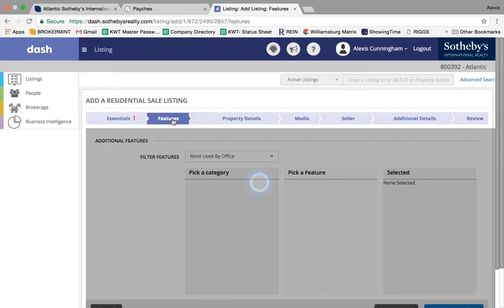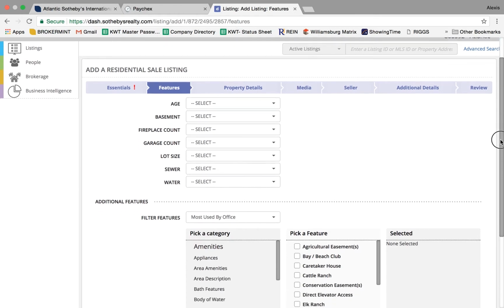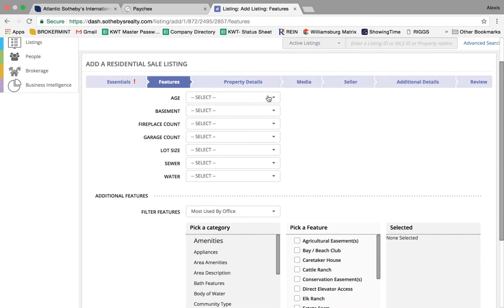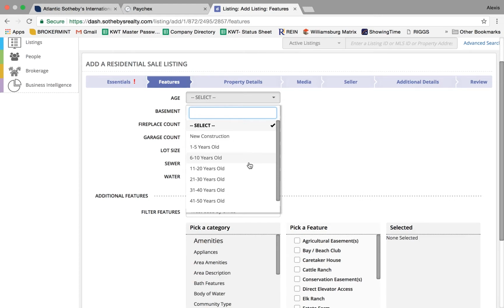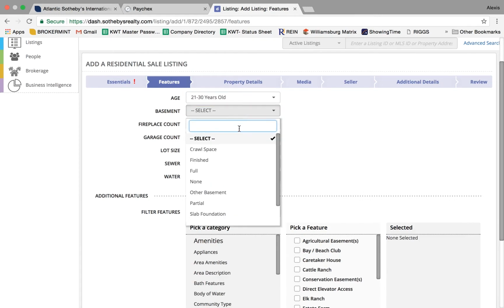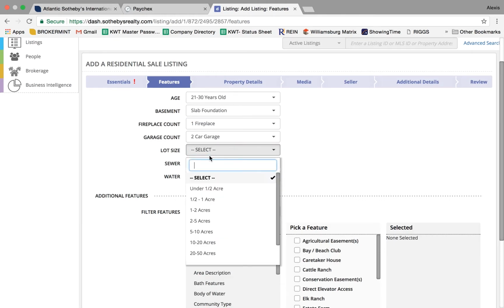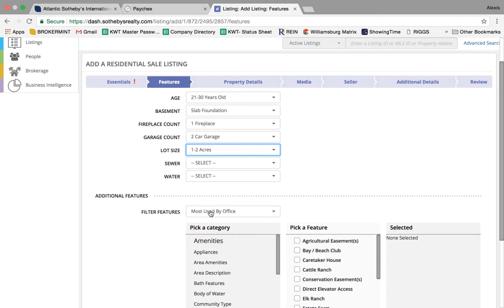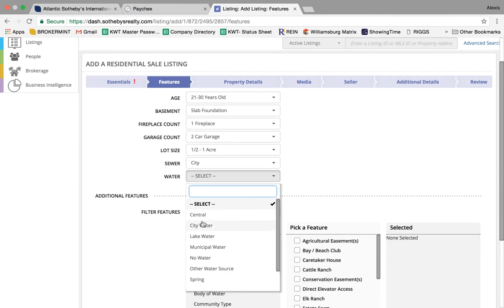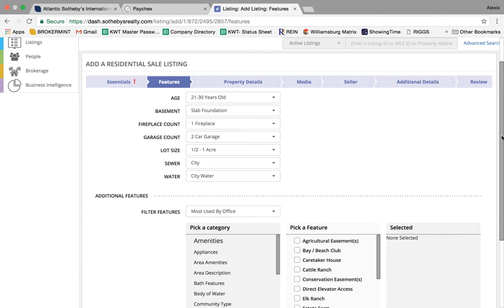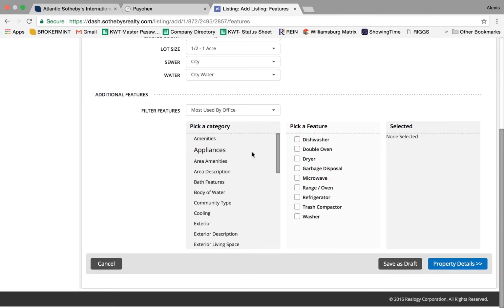Moving on to features. So you just go in and the age, what type of foundation it is, if there's any fireplaces, if there's any garages, and then we put 1 acre, the sewer and water, and then down here it's just the features, so the appliances that are included in the home,